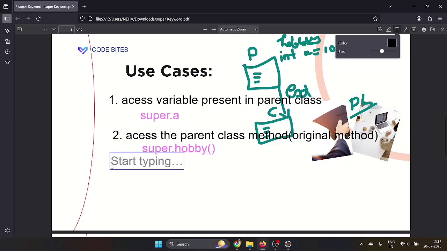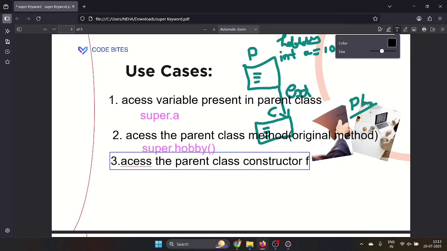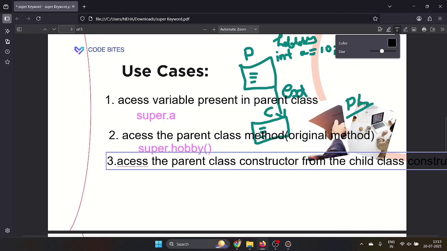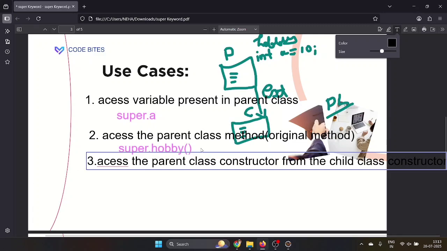I'm going to tell you, if you want to access the parent class constructor from the child class constructor, if you want to call the parent class constructor, that time we are going to make use of the super keyword.